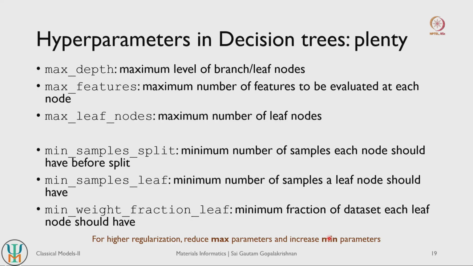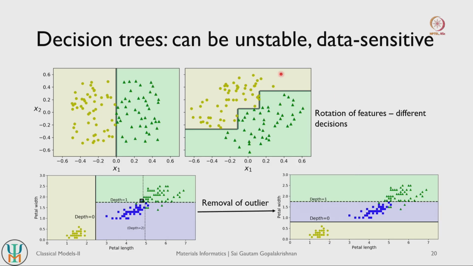min parameters. Okay. Another important thing that you should keep in mind is that decision trees can often be unstable and can be very sensitive to the presence or absence of outliers, right. So let me give an example. Let us say you have a set of data points, circles and triangles, plotted along two features x1 and x2. This is a nice distribution of data points along these two features, so your decision tree can create a very nice perpendicular split of your data along your x1 axis, and it can classify all your circles and triangles very efficiently, right.